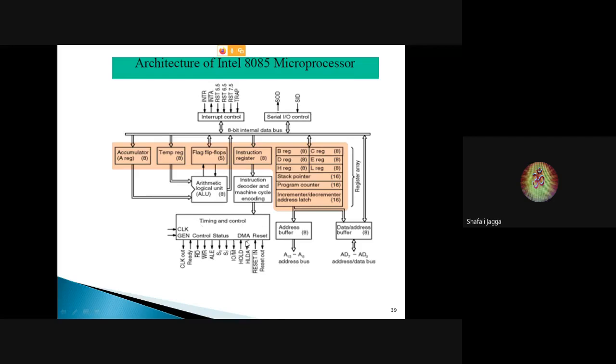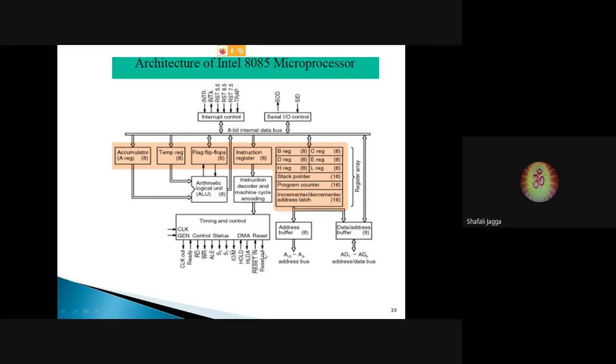Next, we talk about the hold signal. Hold signal is actually an externally initiated signal. There are 4 externally initiated signals in the 8085 microprocessor. First is hold, reset in bar, then ready, and then these are the interrupt signals. So these are the 4 externally initiated signals. First we talk about reset in bar.